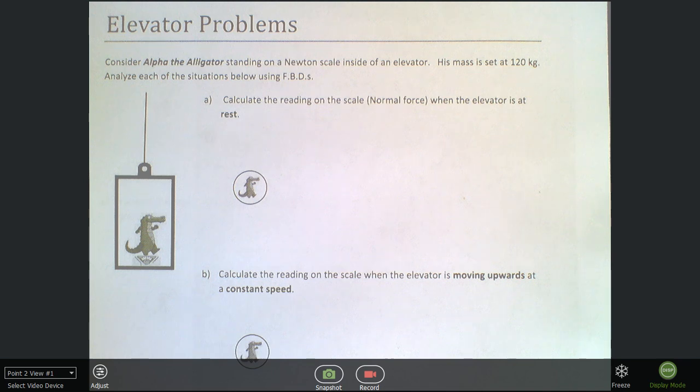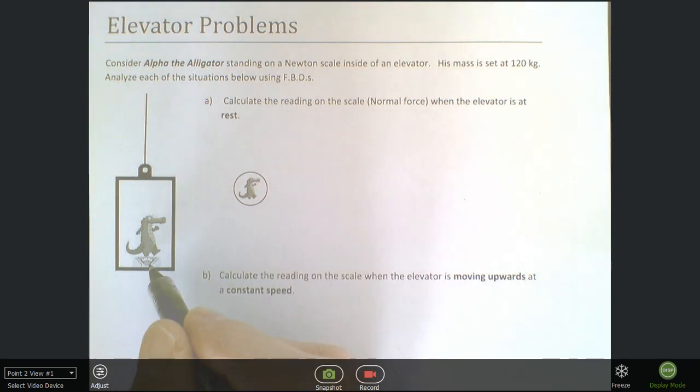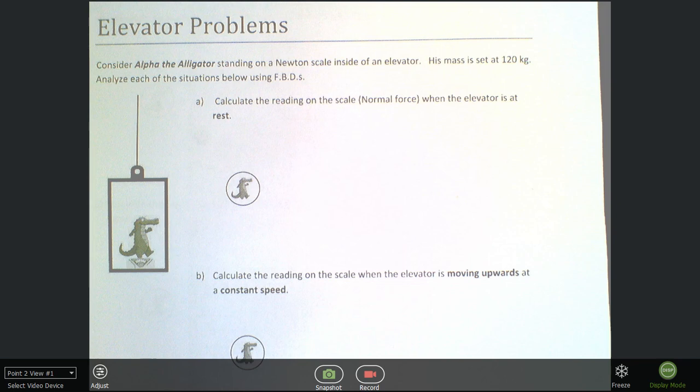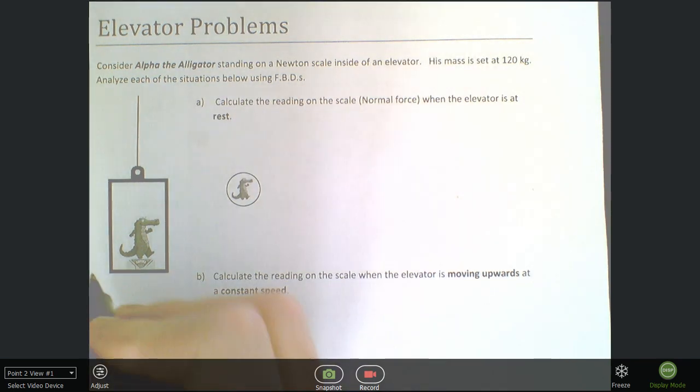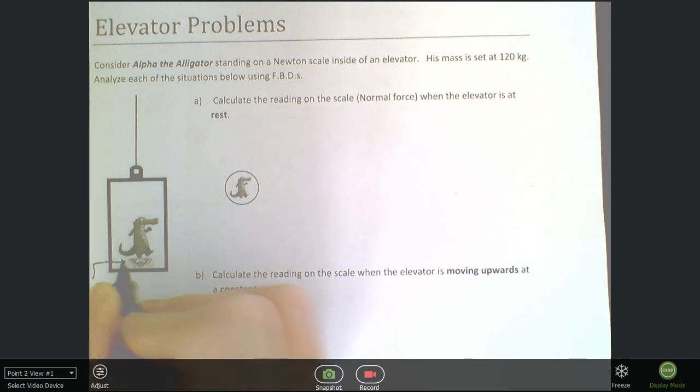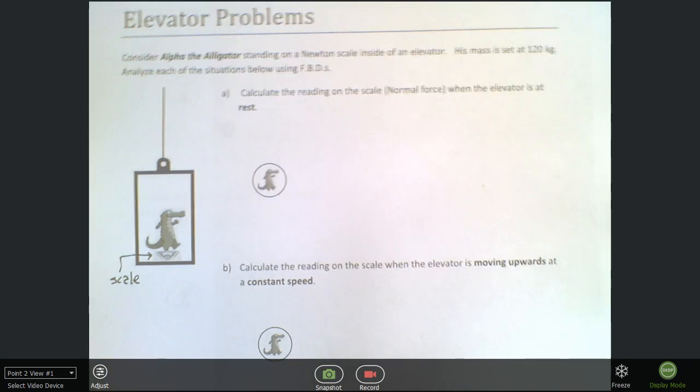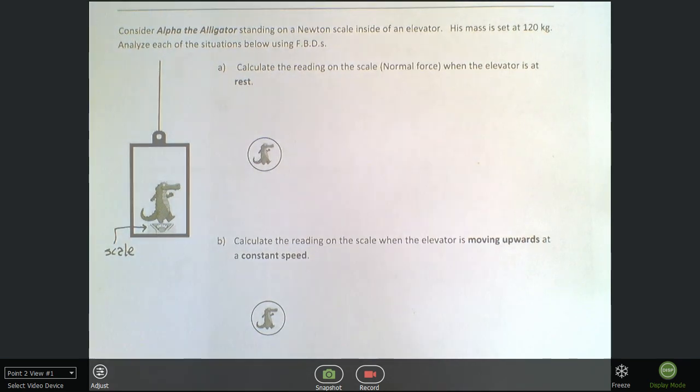So we've got Alpha the alligator, and Alpha the alligator is standing in an elevator. You can see him here sitting on the elevator. Now, the elevator is attached to a string, but for all intents and purposes, he's in a black box. You can't see out. He doesn't know anything, but he is standing on a scale. Okay, now, why is it important that he's standing on a scale? It's important that he's standing on a scale so we can quantify the sensations that he's feeling and be able